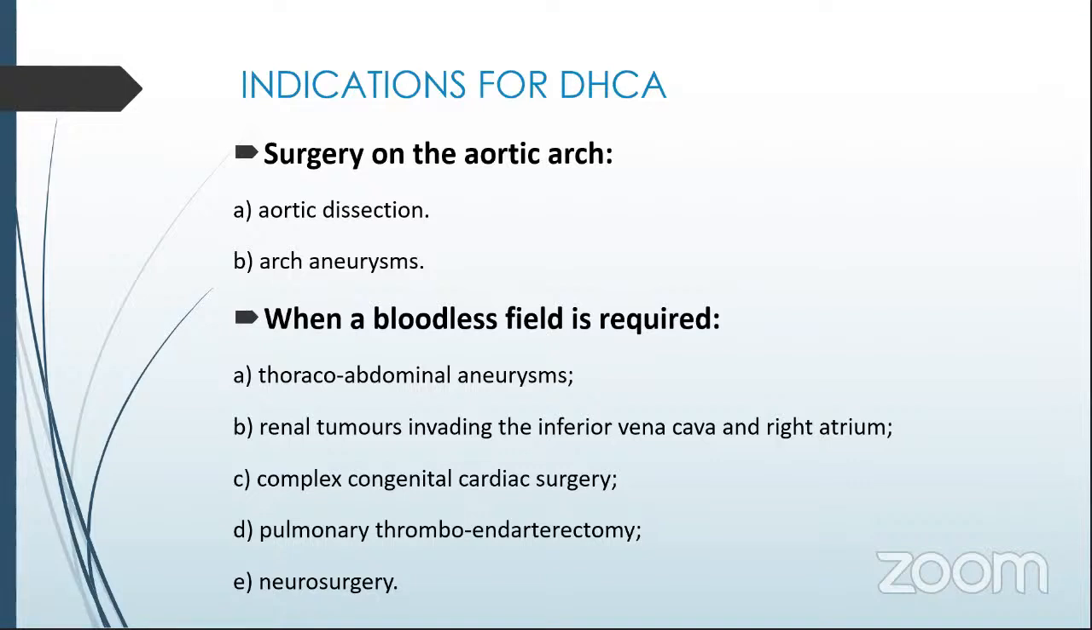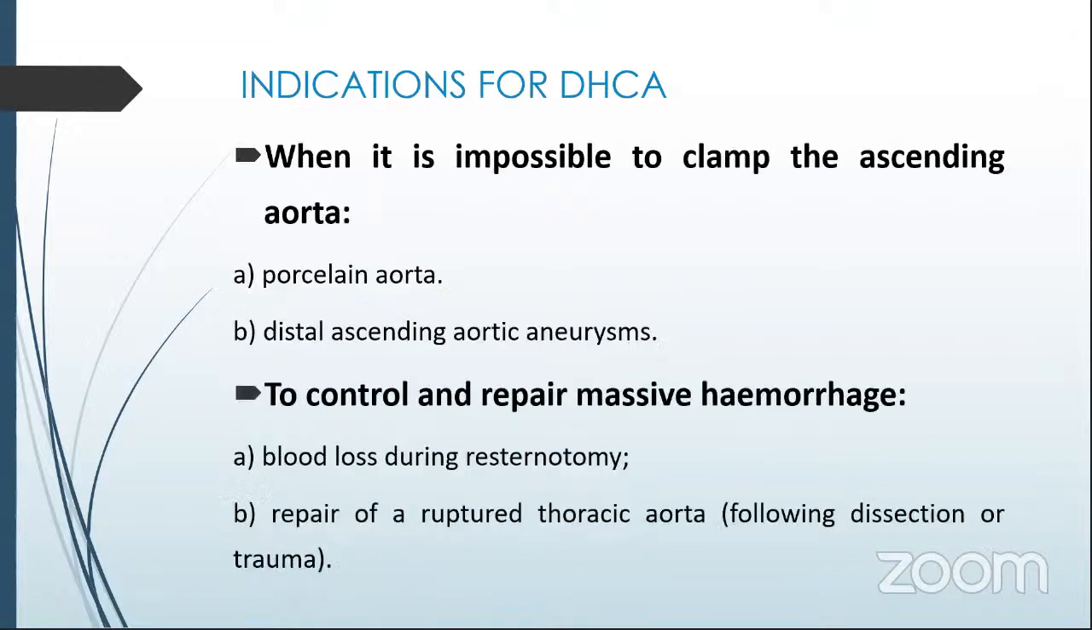When we need to use hypothermic circulatory arrest, we have 4 indications, mainly for aortic arch surgery and cardiac surgery, like aortic dissection and arch aneurysm. And when we need a bloodless field, like thoracoabdominal aneurysm, renal tumor invading inferior vena cava, complex congenital cardiac surgery, pulmonary thromboendarterectomy and neurosurgery. Also, when it's impossible to clamp the aorta, like porcelain aorta or distal ascending aortic aneurysm, and lastly, to control and repair massive hemorrhage, like in redo sternotomy or repair of fractured thoracic